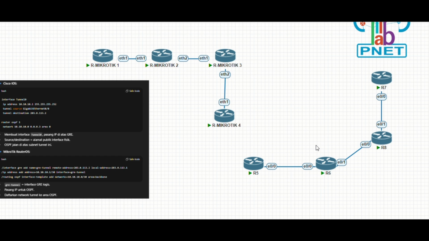And then you can make the tunnel IP address on the interface. You include the interface that you previously made as the GRE tunnel, and after that you can enter the routing OSPF with the interface and add the tunnel networks with the backbone area or inter area.